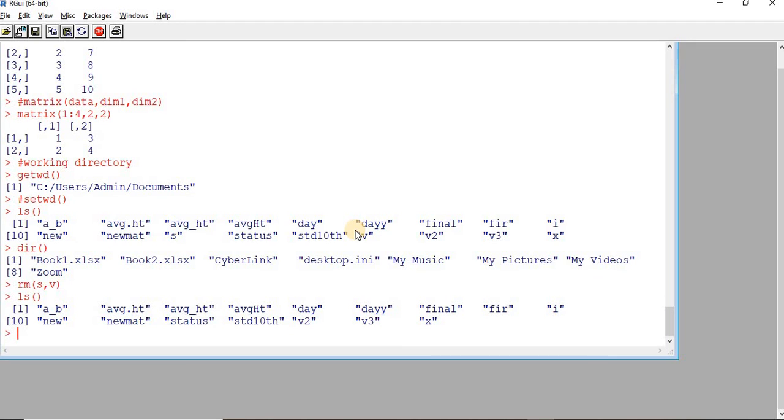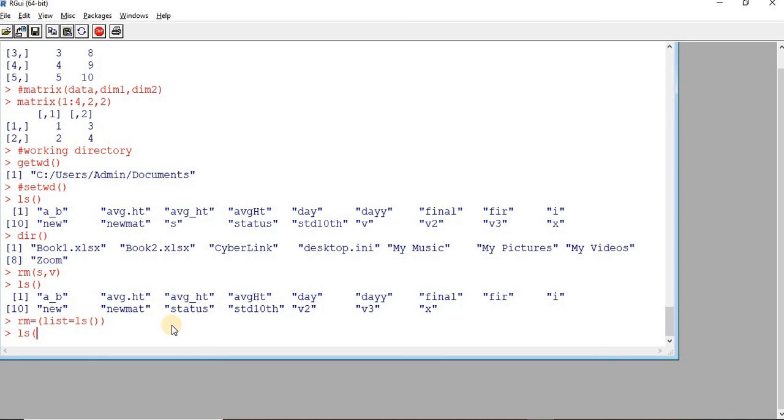Now what if I want to delete all the objects in here, for which we have a function remove. I'm going to create a variable where I'm going to store every other object. So ls will list all the objects. I'm going to store it in list and then I'm going to apply remove on it.